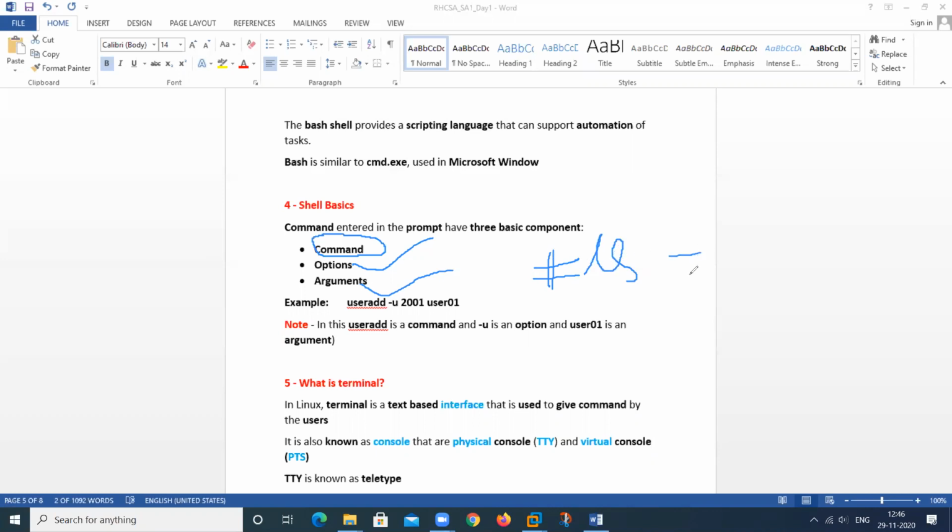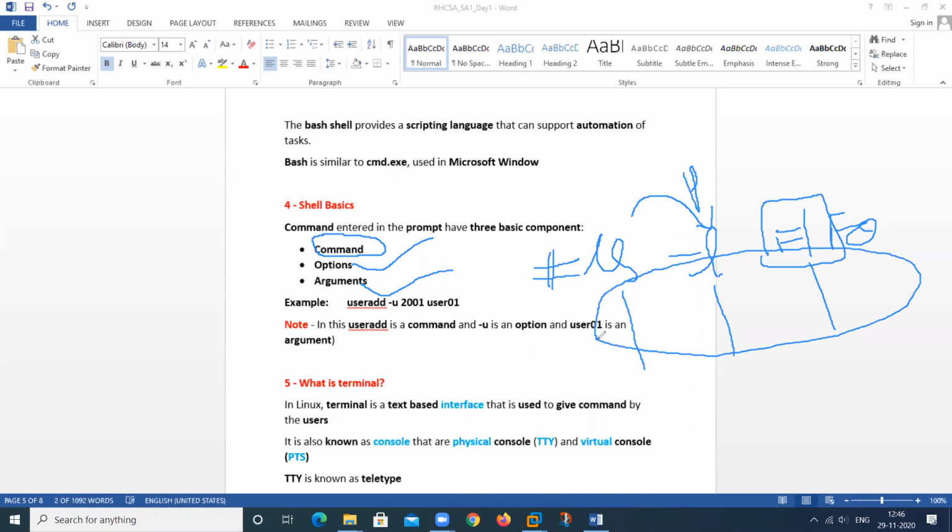But I want to list all the permissions. So what I will do is use this particular option. By this option, we can show the permissions. But if we want to check an individual file's permission, we give the name of a particular file or folder. It can be a file, it can be a folder. This is known as the argument, this is known as the option, and this is known as the command. These three components are needed to perform a specific task on the shell.